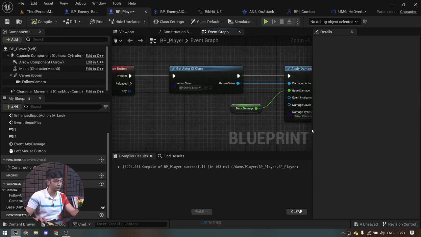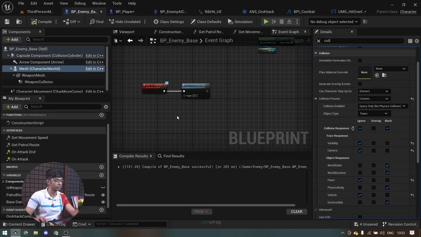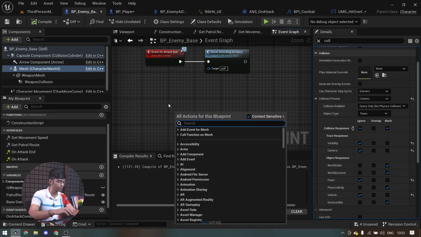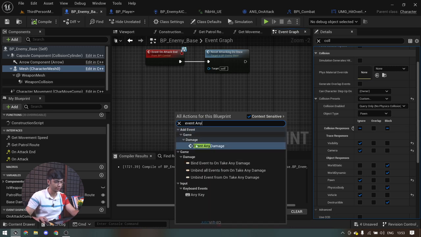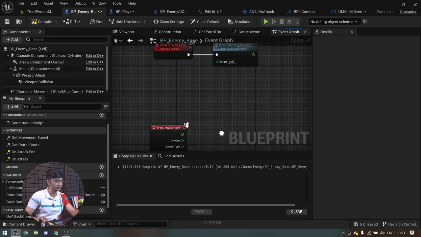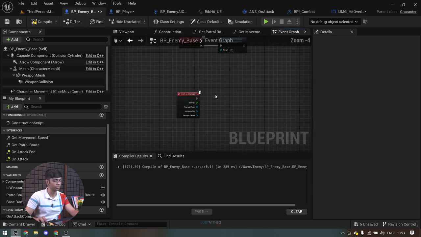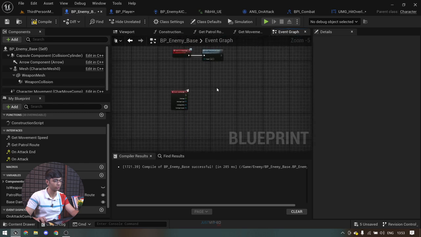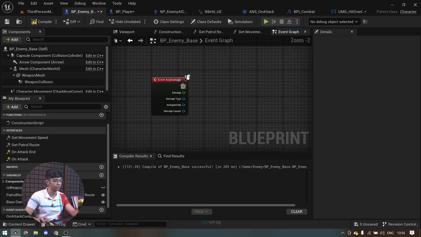So yeah, that will basically apply damage to our character. And when our character gets damaged, we can use event any damage. We can play an animation or whatever, or we can make a health component for our enemy and use that. We are not going to do that here. We are going to do that later when we will be implementing everything together, so that we can create a single health component and add it onto our AI. For now, I'm just going to again